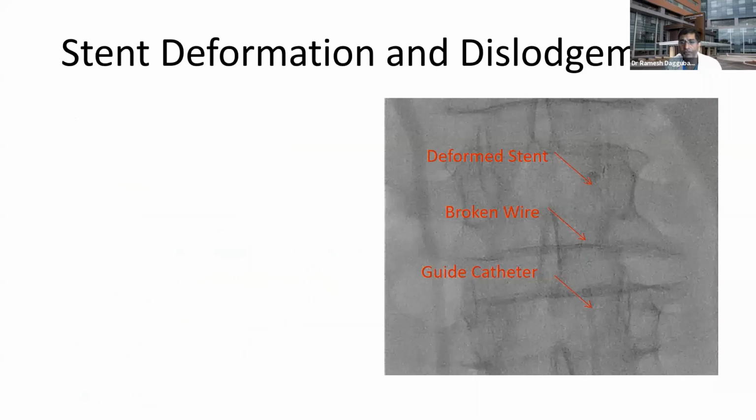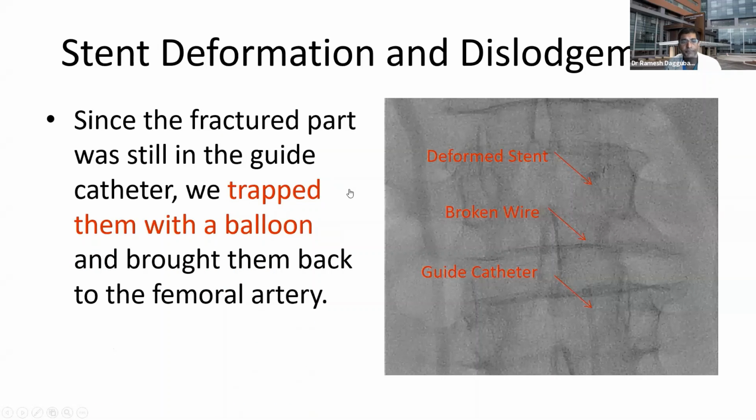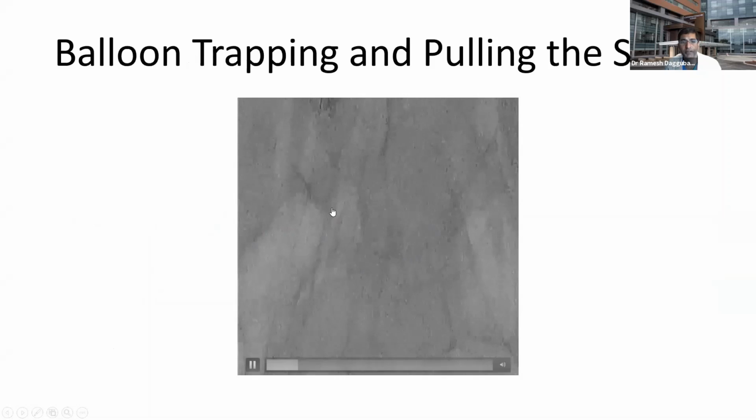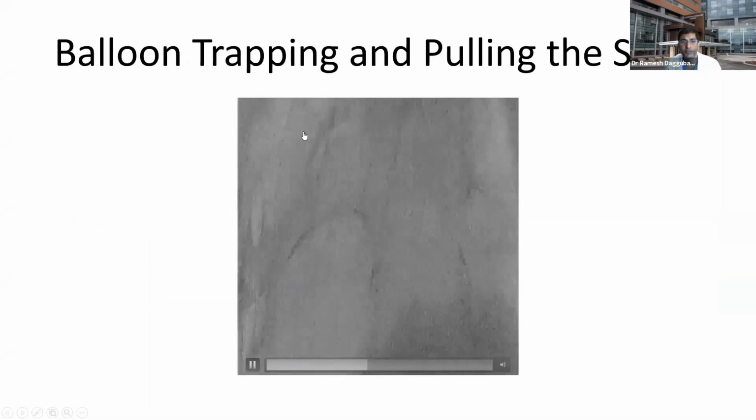So what we did was advance another wire next to that other wire, and trap the broken wire in the guide catheter and remove it completely as one unit. Again, in the guide catheter, the broken wire, a trapped balloon, and the deformed stent came along with that. It was brought back, as you can see, in one unit into the